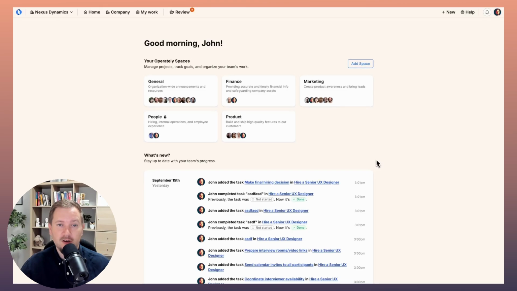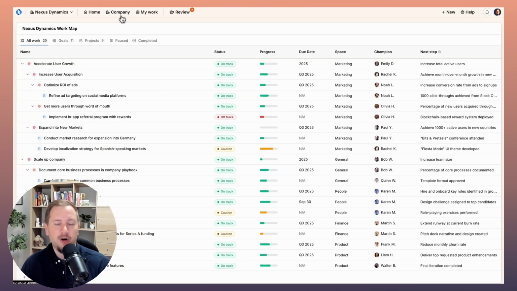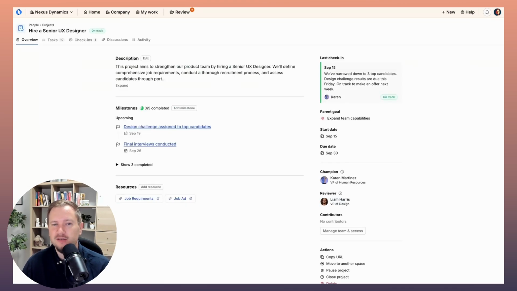Let's dive in. First, let's explore the completely redesigned project page. The new project page brings together all project details, descriptions, milestones, tasks, contributors, discussions, and activity into a single unified interface. You can easily view the project status, monitor progress on milestones, and access all related conversations without switching between